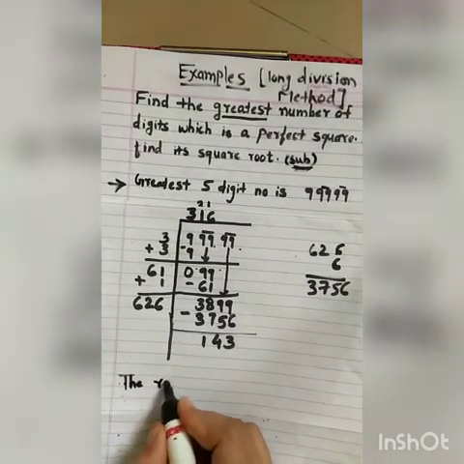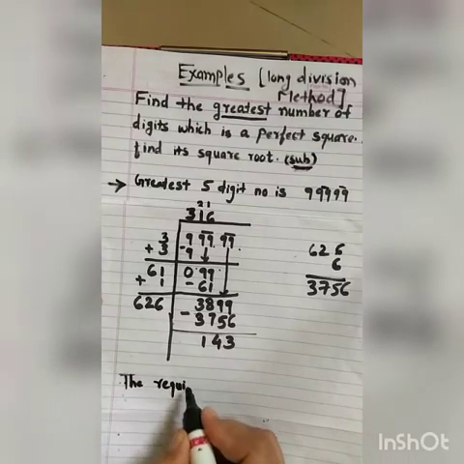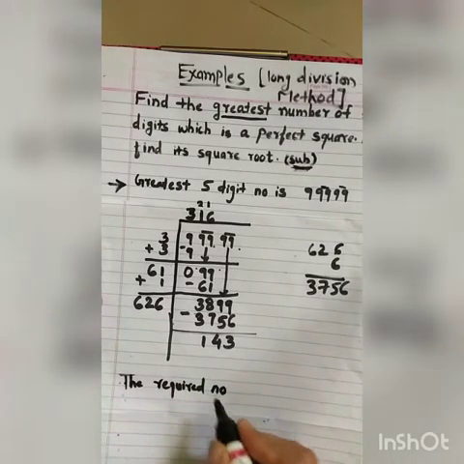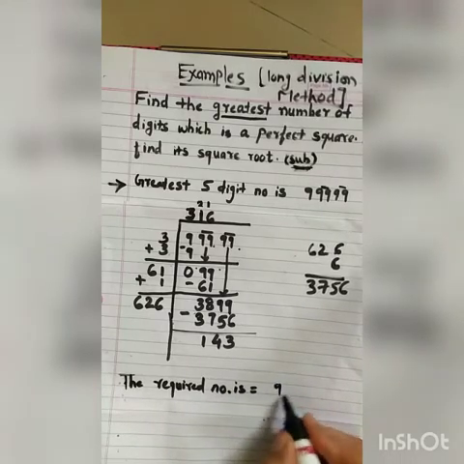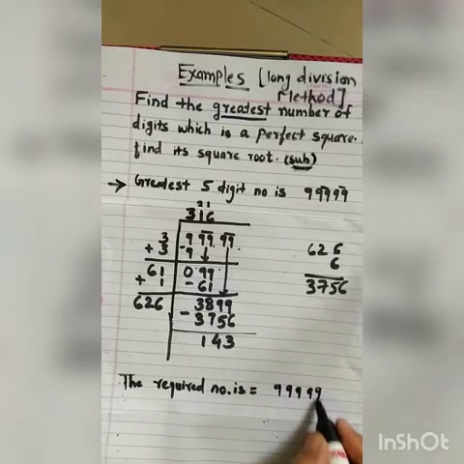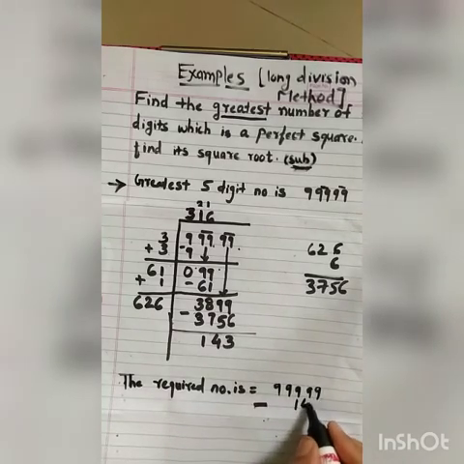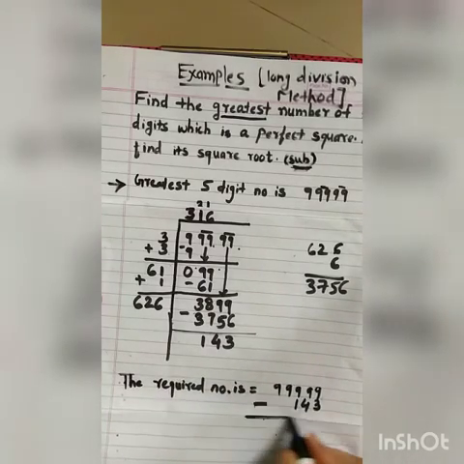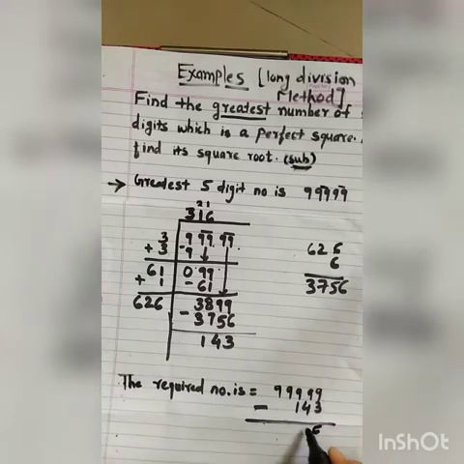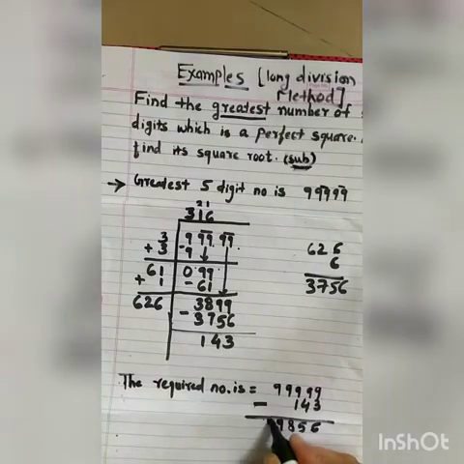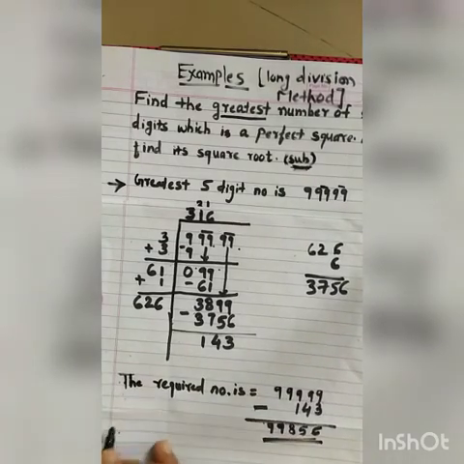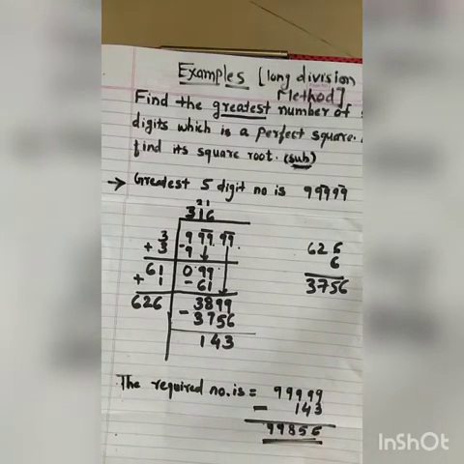Therefore, the required number is 99999 minus 143, which is equal to 99856. So the required greatest 5-digit number which is a perfect square is